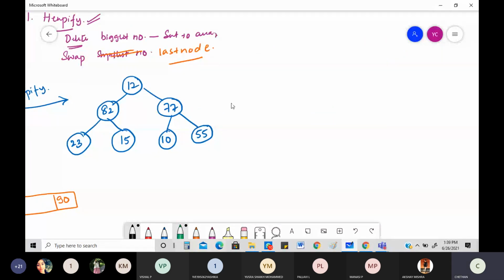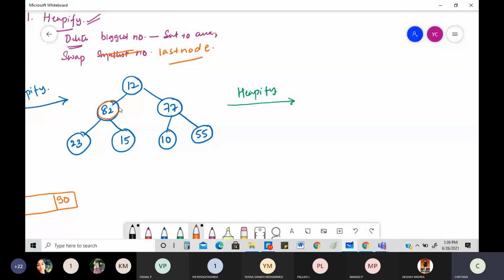Okay, if I'm doing the heapification again, what is going to happen? Let's check. Okay, now what is the next thing? Root is already done. So what is the next thing after root? The left hand side, right? So that I need to select now. I'll be selecting the left hand side of it.